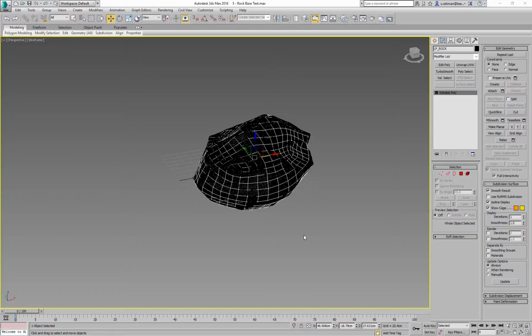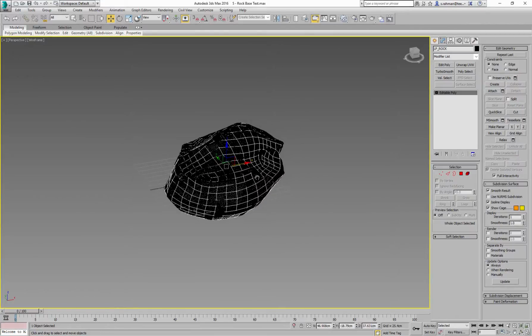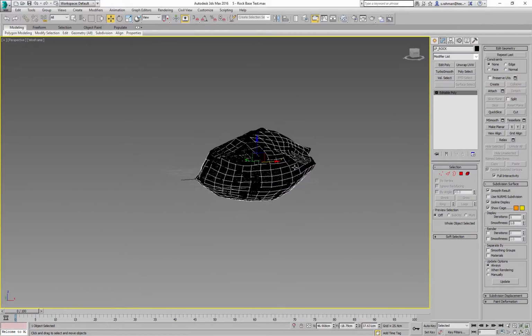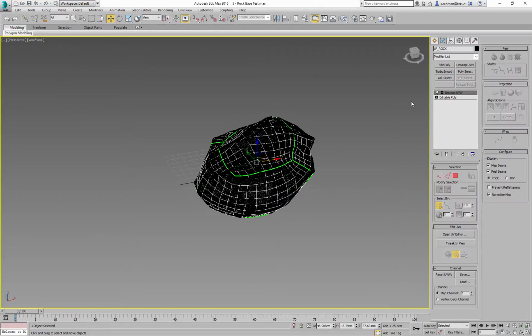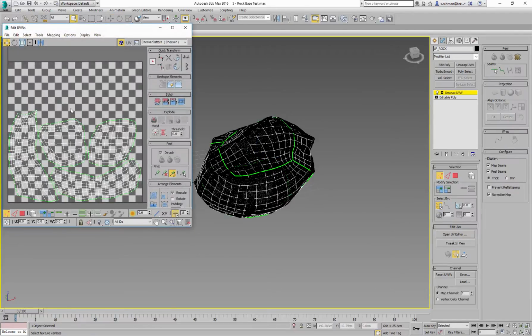So now that we know how to make the high, make the low, and put it into Painter, and then create some form of output file that's compatible with UE4, let's go and import this into UE4, including all the textures. So I have my low poly selected. Clearly we've unwrapped it, but what we do need to do is create a secondary UV channel,